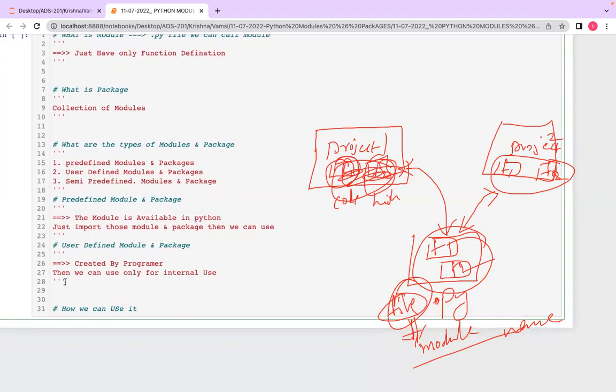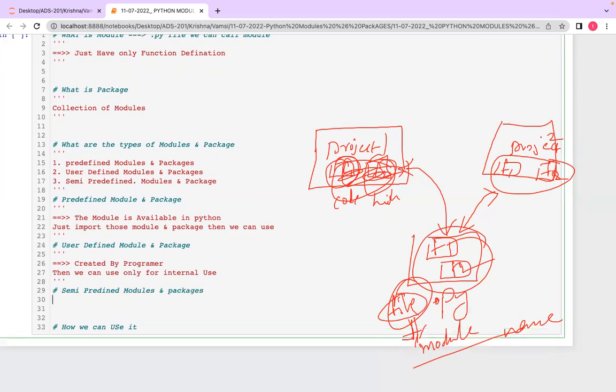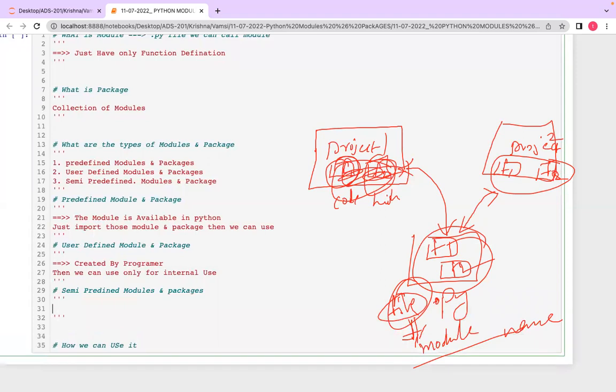Okay, and last but not least, the semi predefined. Semi predefined means some freelancers implemented those modules and packages. The freelancers implemented their own packages and models actually, which are available on the internet, not in Python, and you don't need to create them your own way.